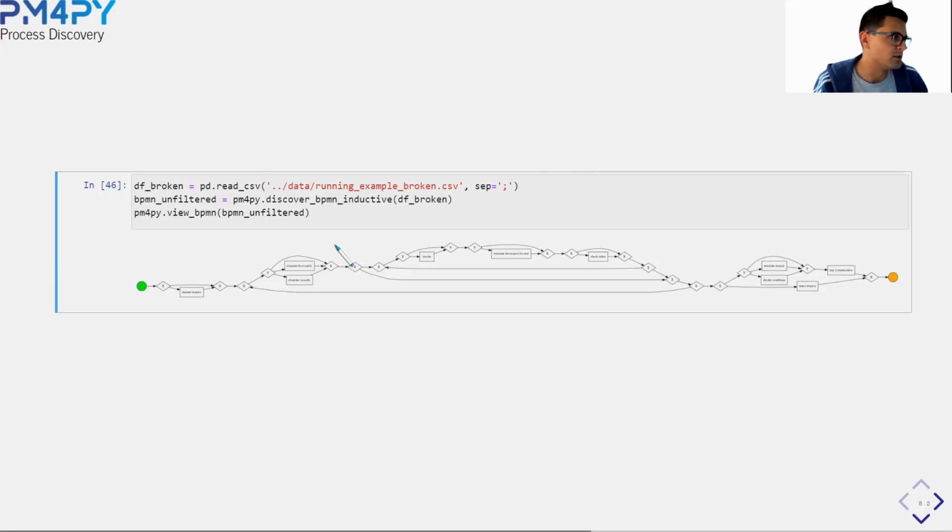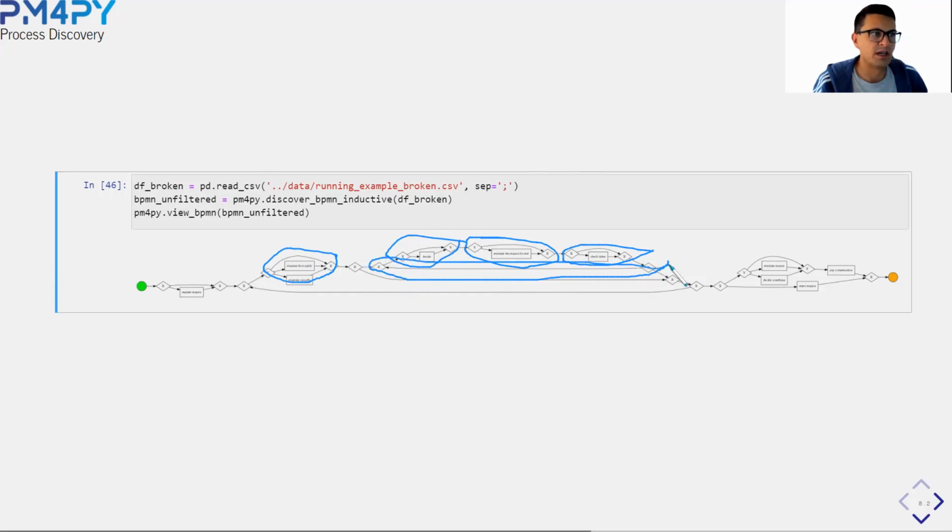model where, if you look closely, you observe that a lot of the activities we can skip, right? All kinds of skips. Skip. These are all skips. And then we can skip everything, but then we can go back, right? This is typical behavior when there's noise in the data. You get process models that describe, in a way, that everything is possible, because you can decide